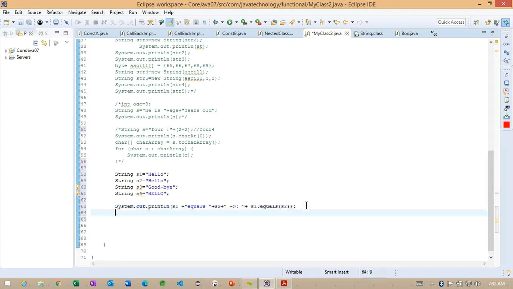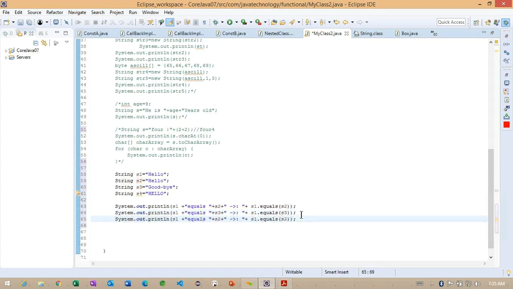Let me make it so three another conditional information here, and another one here, s1 s3. And later, now what I am doing here, I will check with s1 s4.